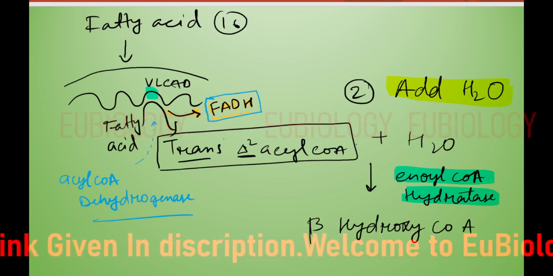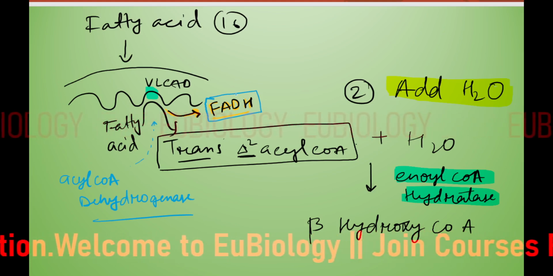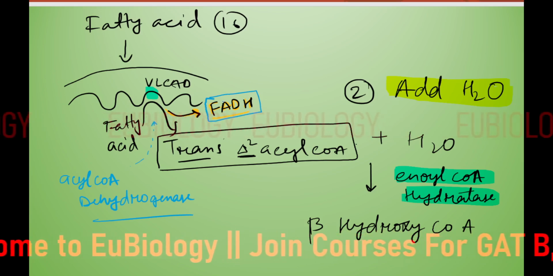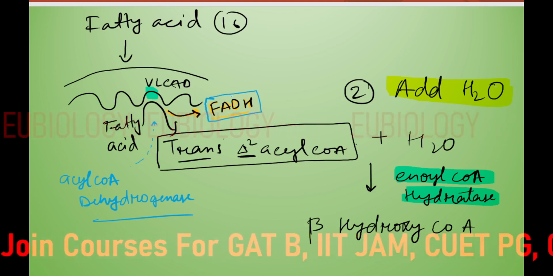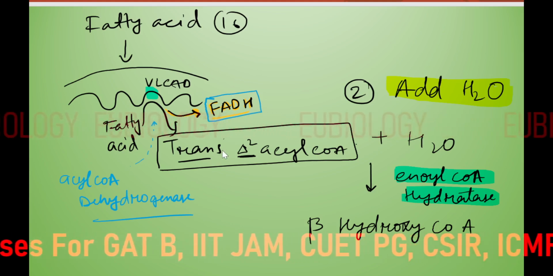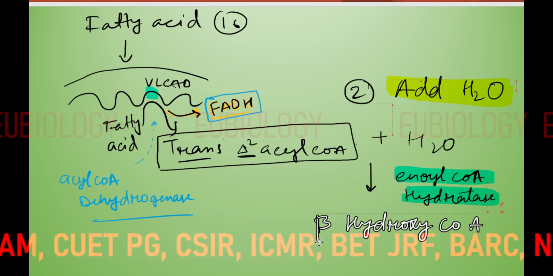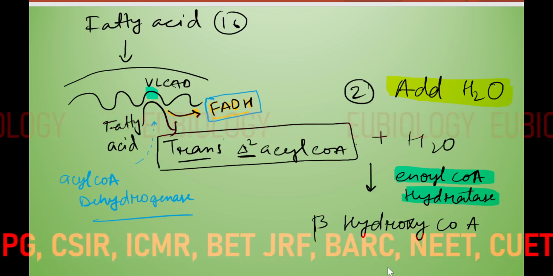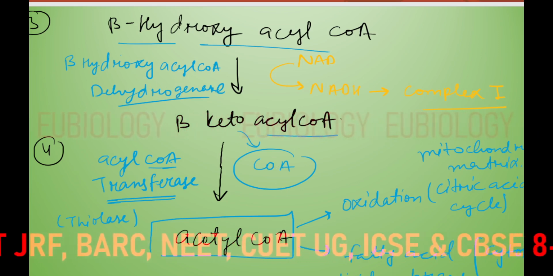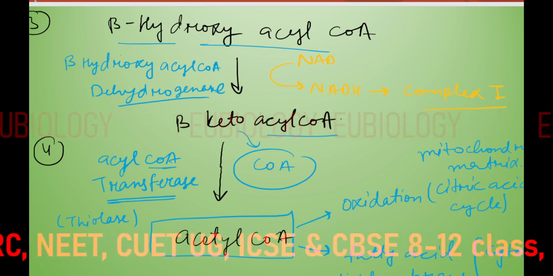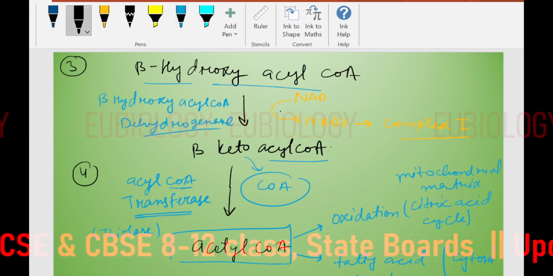Now this FADH2 will go to the ETF, and from there it will transfer to the ETS, the electron transport chain. We'll talk about it, but come to the second step. You got the final product as beta-hydroxy acyl coenzyme A. Now this beta-hydroxy acyl coenzyme A will be converted into beta